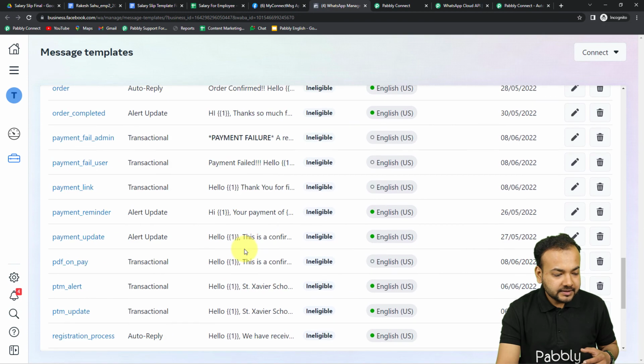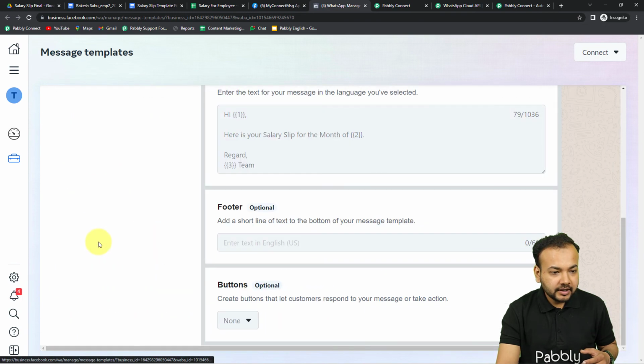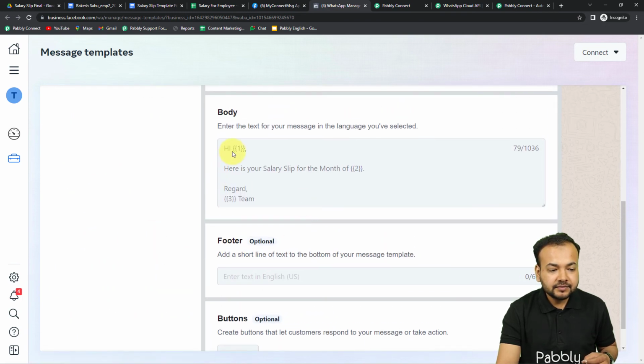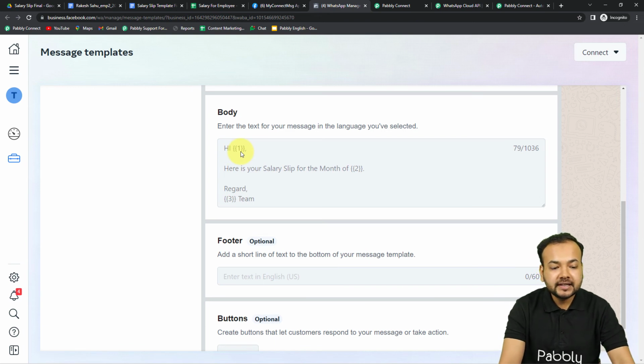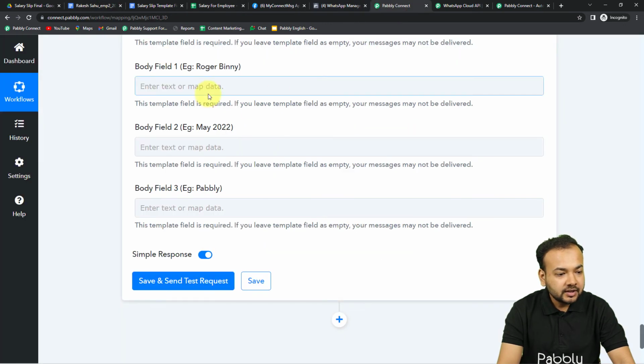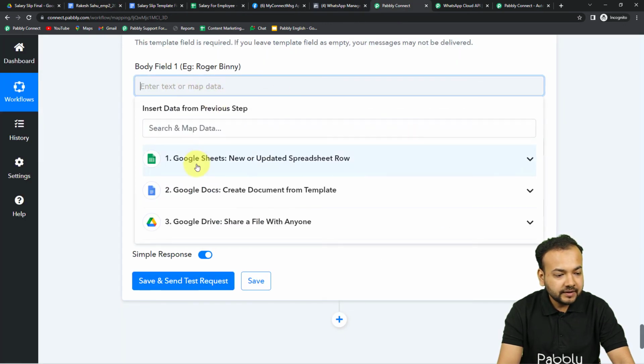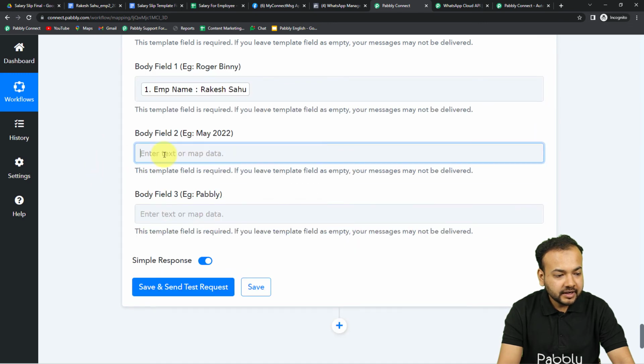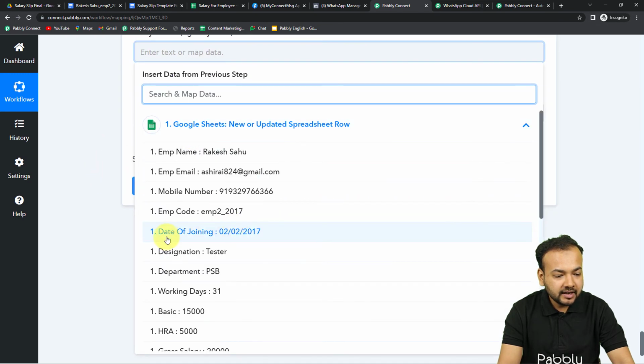And our template is here. And in the template, you can see we have this first body field in which we are going to place the name of the person, the month of the salary in the second, and the third, the name of the company. All right, let's do this. So for the first body field, map the name. For the second body field, map the month of the salary. Salary month is here,